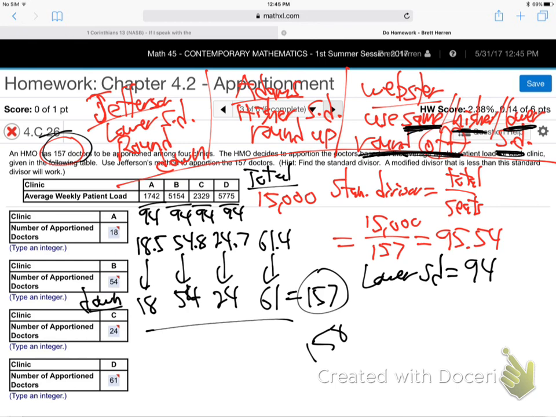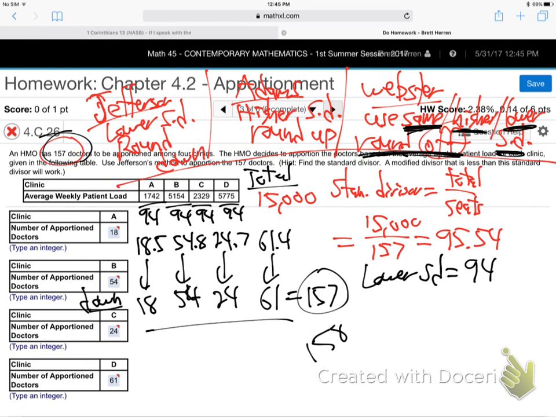Well, maybe that's not teeter-totter. Whatever, forget that. It's the same thing, because you're dividing by the number. If you divide by higher, it brings things down. Remember, it's a divisor you're talking about. So if it's too high, go higher divisor. If it's too low, go lower divisor. And just keep fooling around. But never go higher than the original. Right? 95.54, that's the standard.